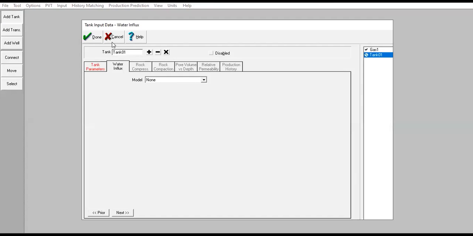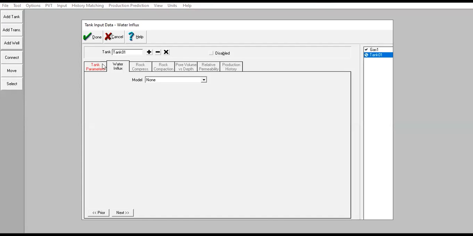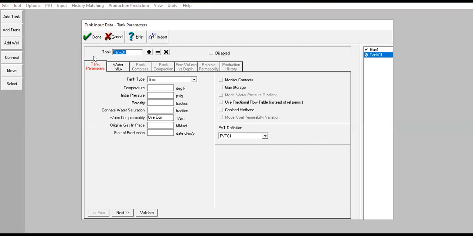And then from here, we will construct the neighbor reservoir. Okay, click add tank here, click done. I will move them a little bit. Okay, there. Okay, and then I will go inside. I will call it gas 2,